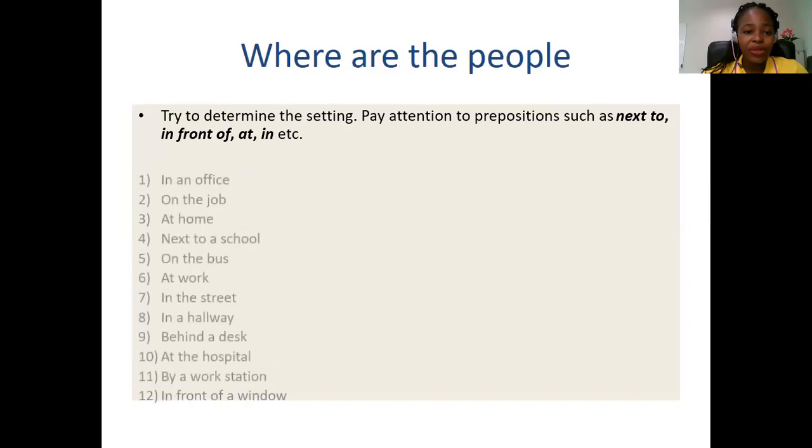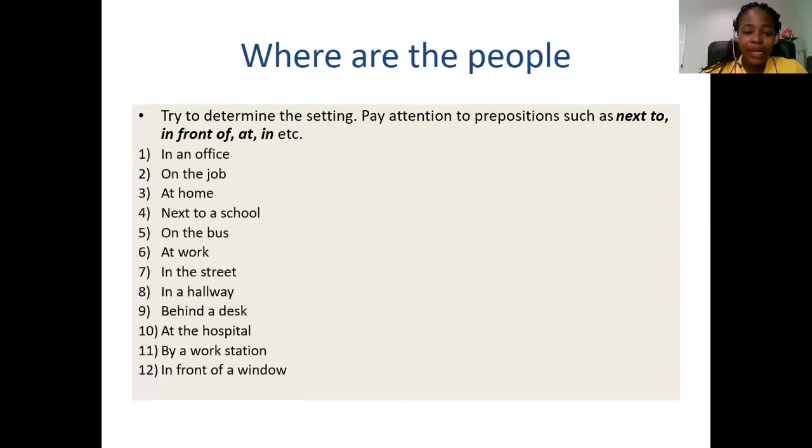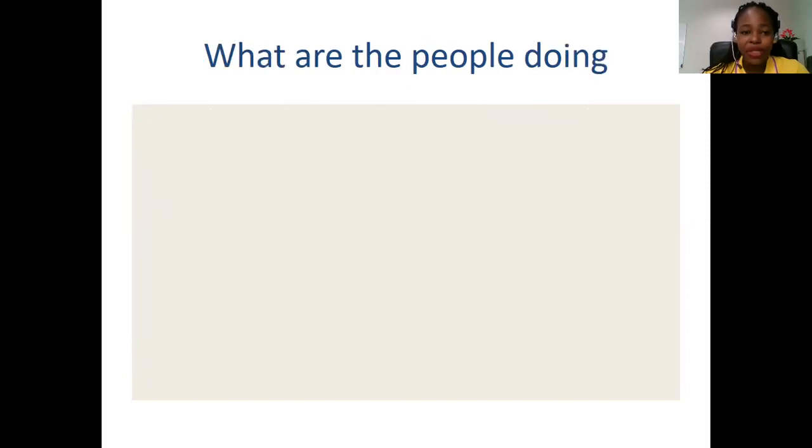There are very many prepositions that we can use. These are examples of places with prepositions: in the office, on the job, at home, next to a school, on the bus, at work, in the street, in a hallway, behind a desk, at the hospital, by the workstation, in front of a window. So when you hear a question or a statement on where these people are,